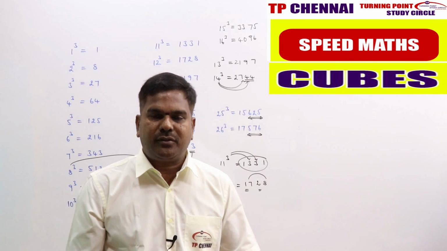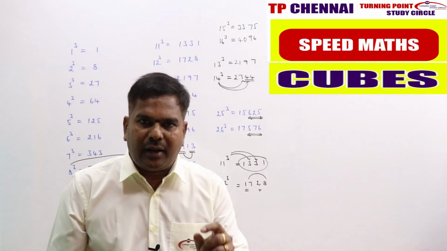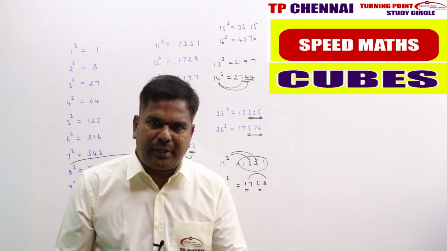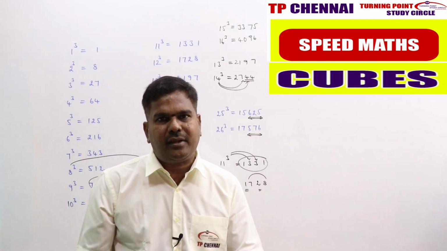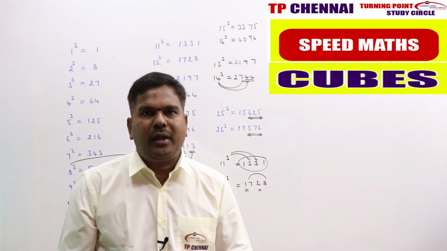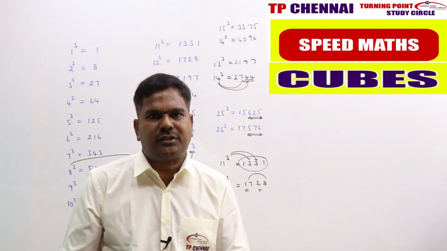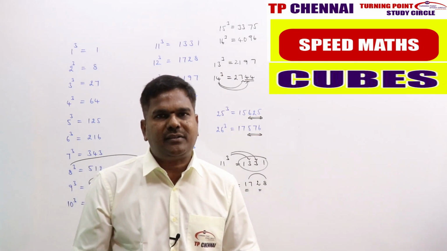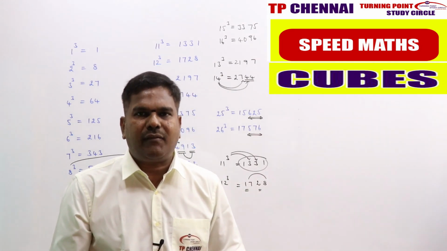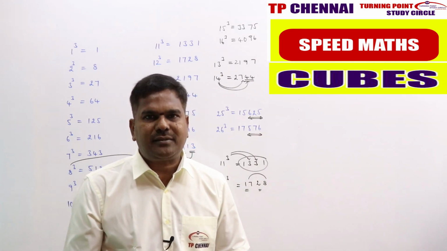11 and 12 cubes. Always remember in 11 and 12 cubes, 11 must be there in 11 cube, 12 must be there in 12 cube. In 11 cube, this 11 must be the first and last digits. So 2 ones will be the first and last digits, and in between 2 3s are there. So 1331. 11 cube is 1331. 12 cube is